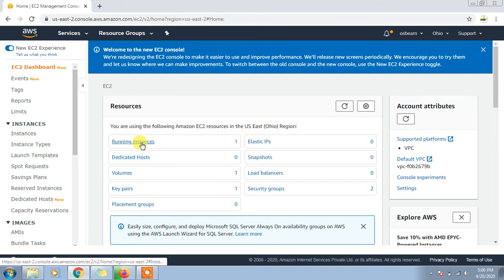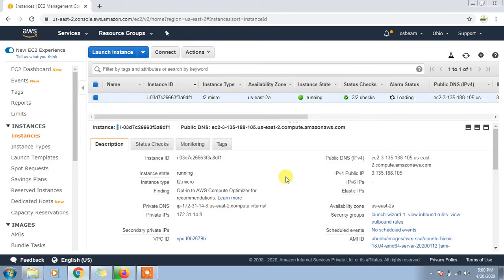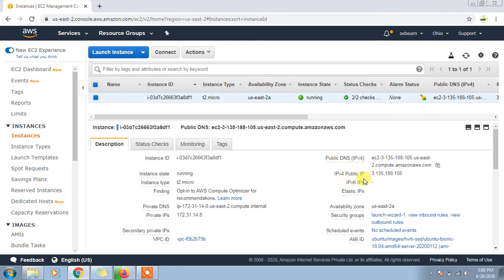Here I have one running instance. Go to your running instance. Here you can see the public DNS and public IP. There are two things you have: either you can connect through the public IP or with the public DNS. I'm going to choose this public IP.